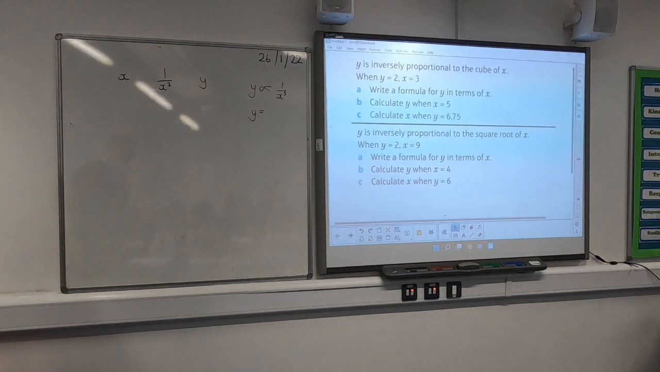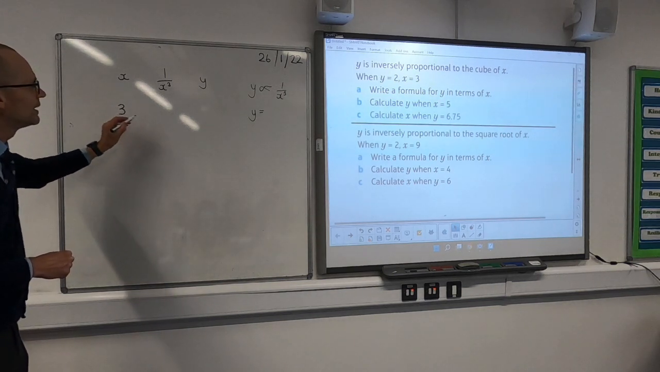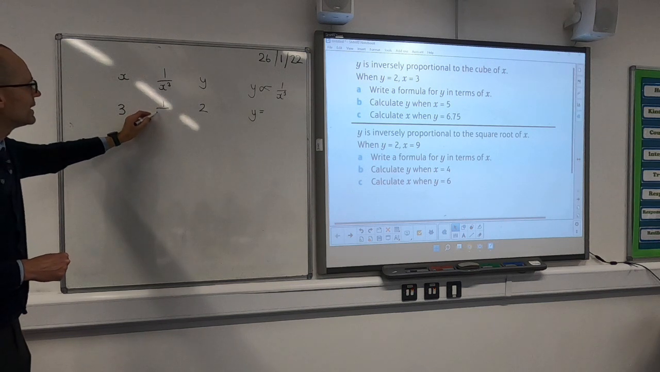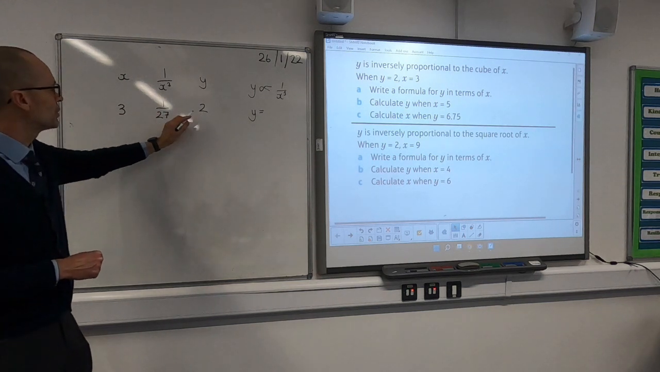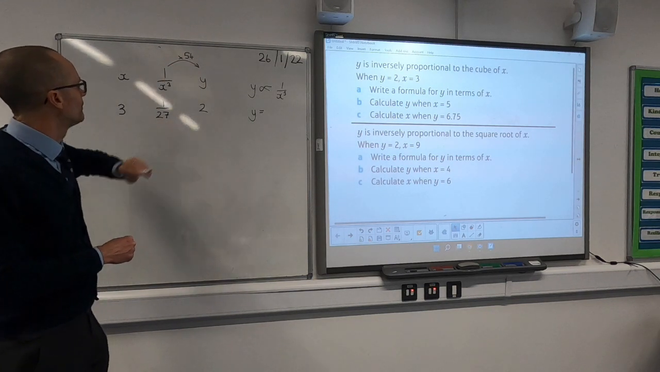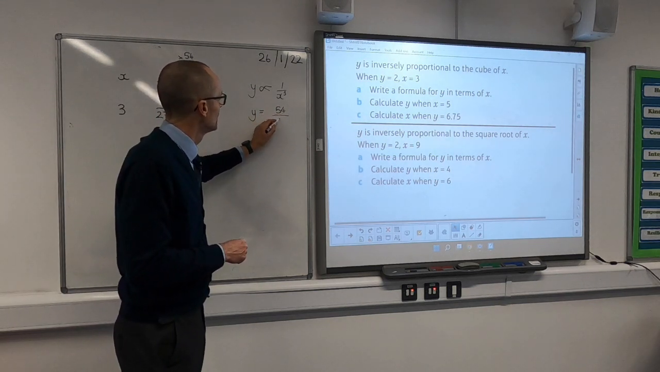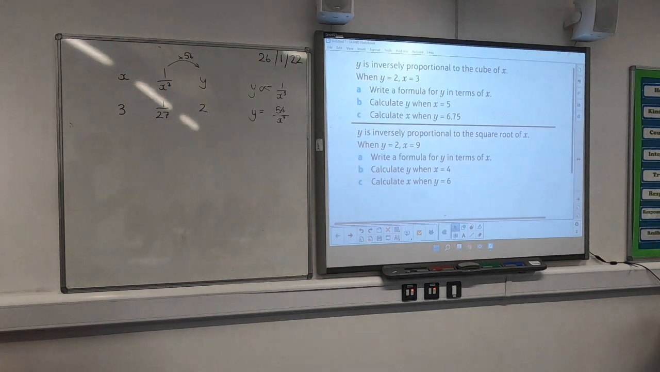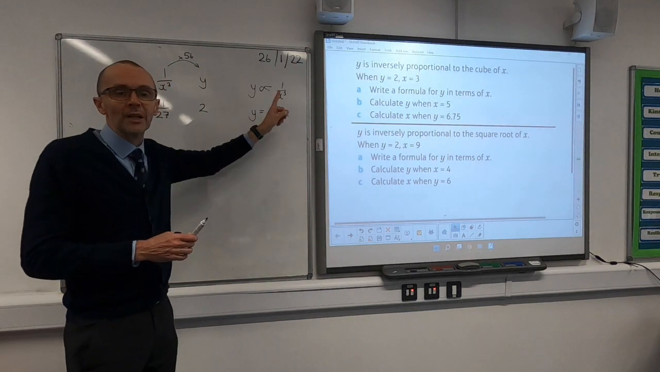So we're told that x is 3 and y is 2. So 1 over 3 cubed, sorry, is 1 over 27. So 2 divided by 1 over 27 is 54. So you've got 54 over x cubed. Now some of you may, at this point, prefer to use the formula from here on,